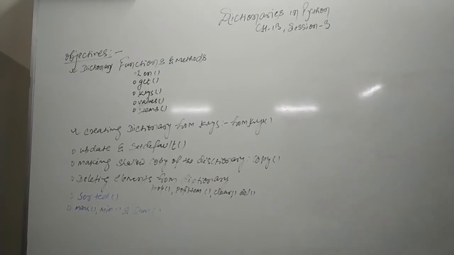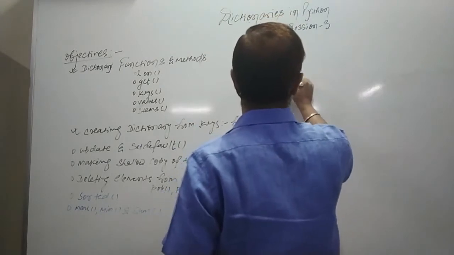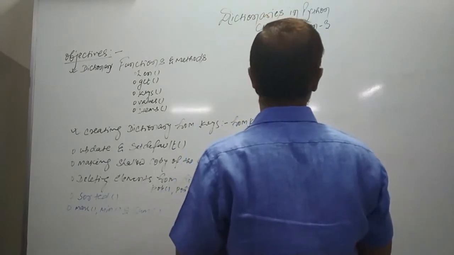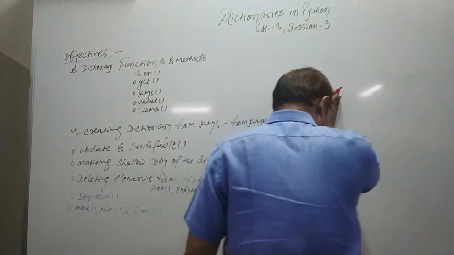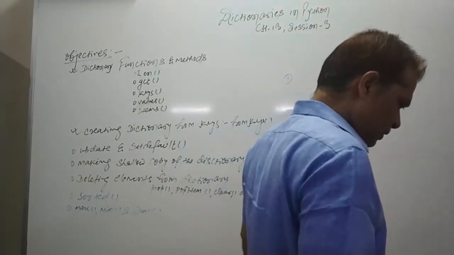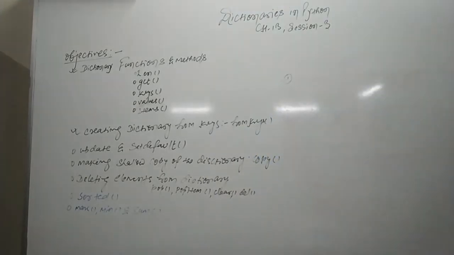Let's see. In the case of fromkeys, it will help you to create a dictionary in different ways. One example will help you to know this very well. If we want to create a dictionary having more than one key but the same value, first and foremost, if you want a dictionary to be created and that dictionary may have more than one key, mind it, but you want the value of each key to be the same, so what should be done?